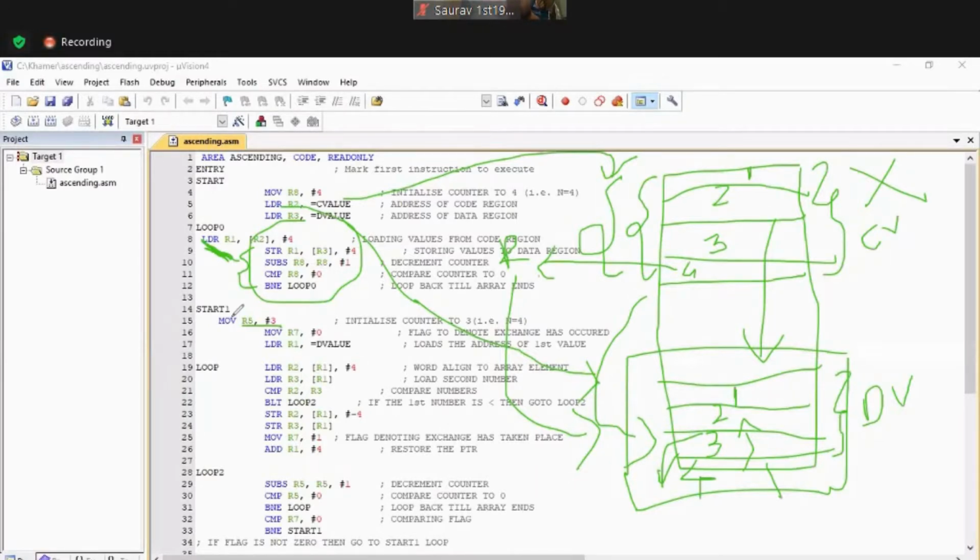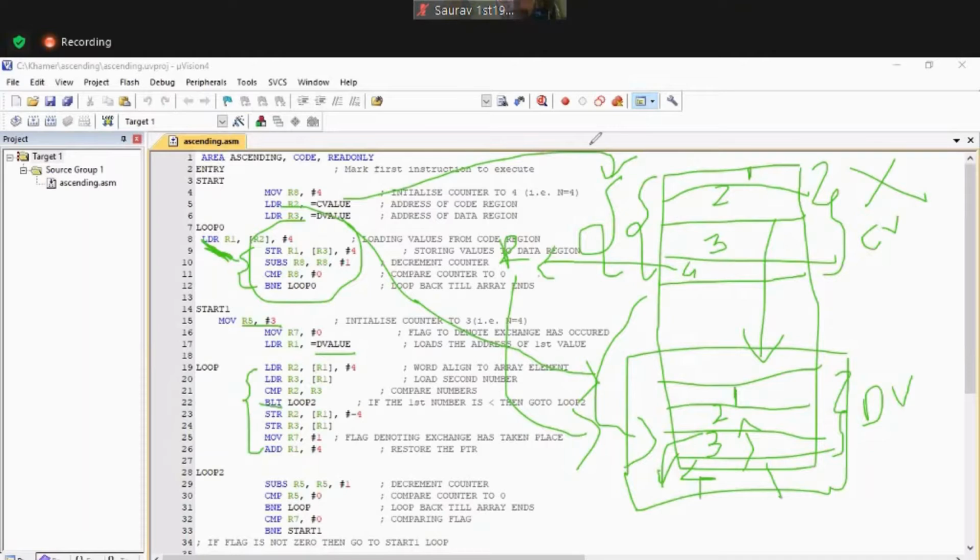See here, what is the D value? The D value is the label of the second location. So I'm performing all the operations in the D value label. Clear, all of you? The C value we will not touch now at all. So in this D value label, the second location of the memory, I'm doing all these things: loading, storing, comparing. See here, branch if less than, branch if greater than. Whatever operation of ascending I'm doing is in this particular location. Clear now? Yes, ma'am. Okay, fine.